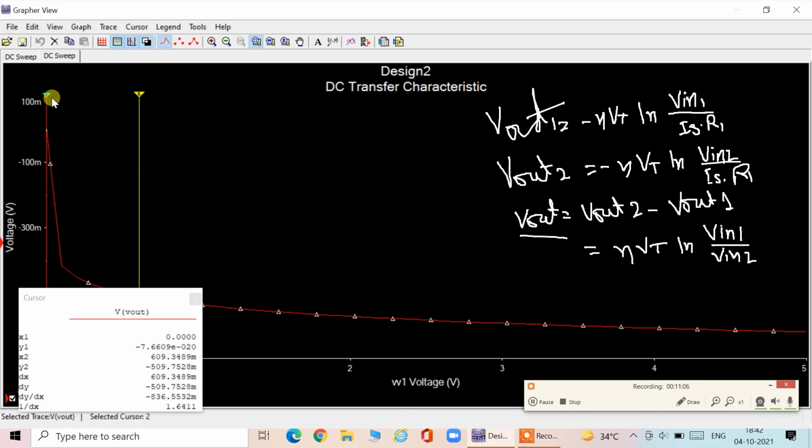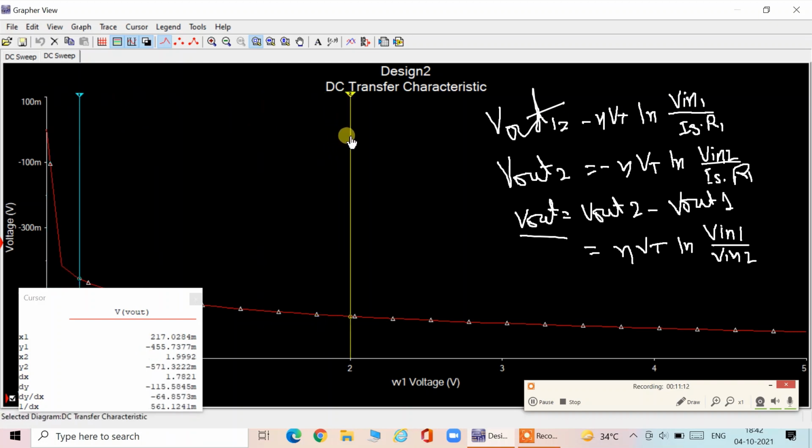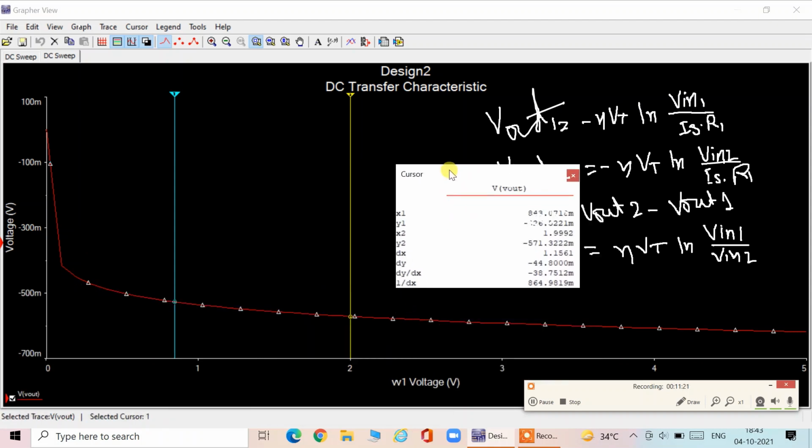Now you can see here 2, this is 1. So bring it to 2 volt. So when my V in is 2 volt and the second one at V in equal to 1 volt, I am bringing it to here. So V in equal to 1 volt here. So yes, see, X1 is 997.4952 milli, means approximately 1. We will get some Y1. Similarly, for X2, we got 1.992, that is 2 volt. Y2 we get this. So we got this V01 here, V02 here.